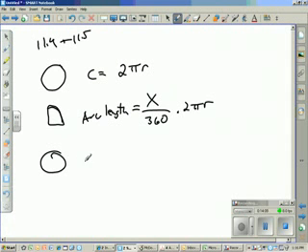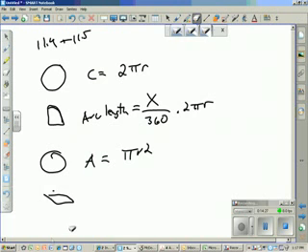And then I've got next section, 11.5. Area of a circle, and then area of part of a circle. So area of a circle, pi r squared. And let me draw a better picture